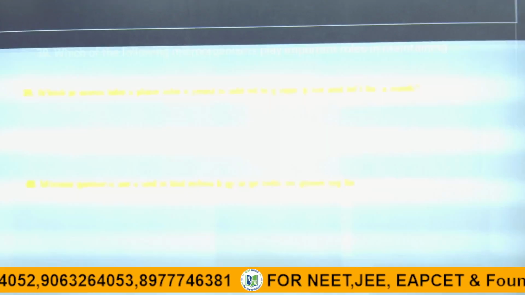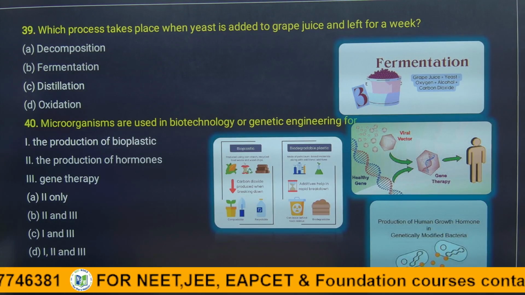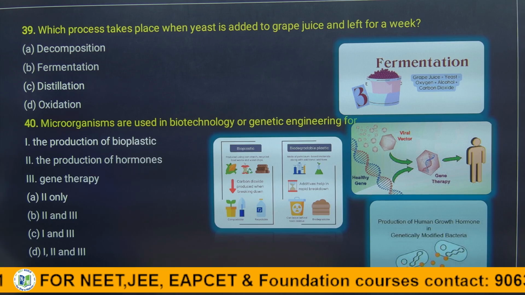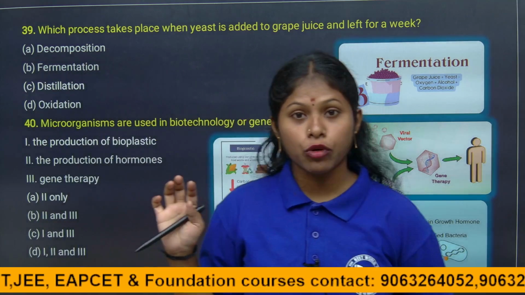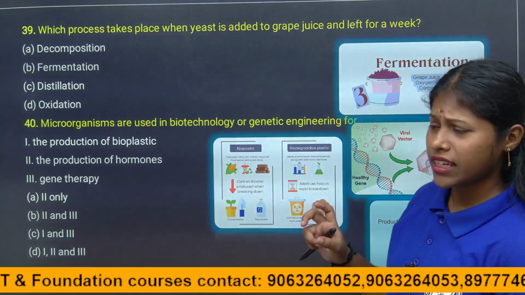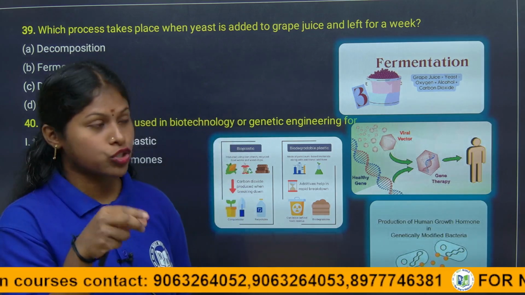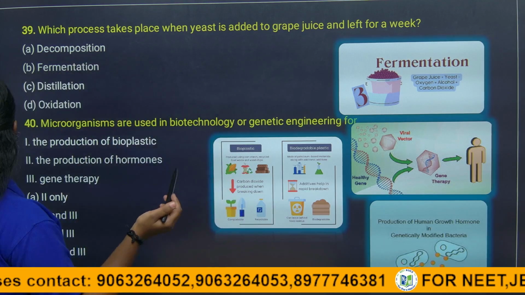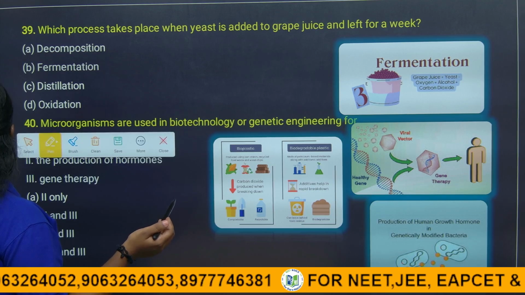Coming to the next question. So, here is the next question, children. Which process takes place when yeast is added to grape juice and left for a week? So, we are studying fermentation, children. What is fermentation, children? See, fermentation is a biological process. It converts sugar into acids, alcohols, and also gases,